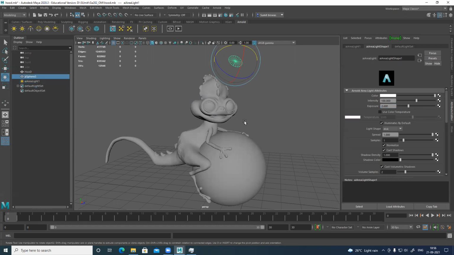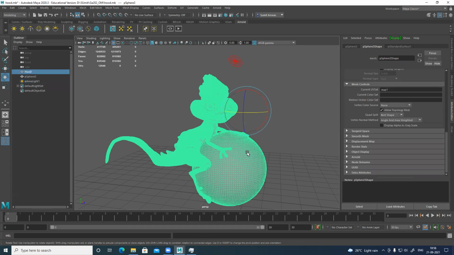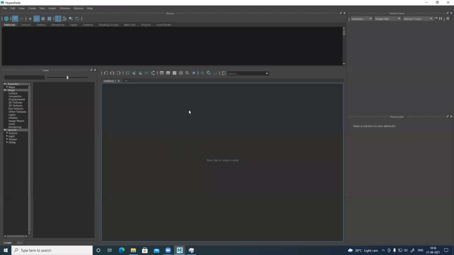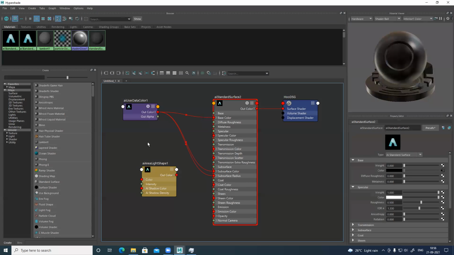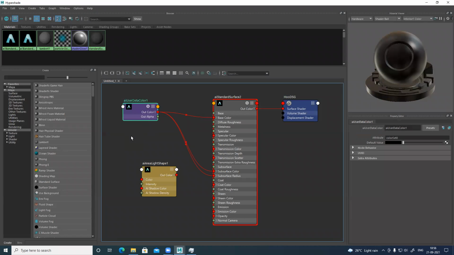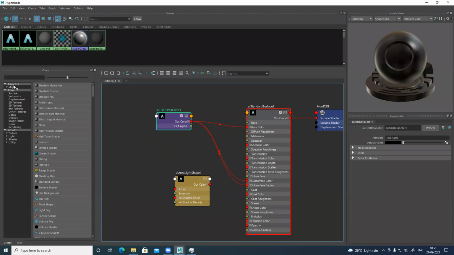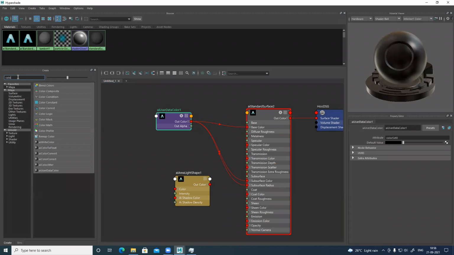To Hypershade. Correct only, like I used the correct thing.